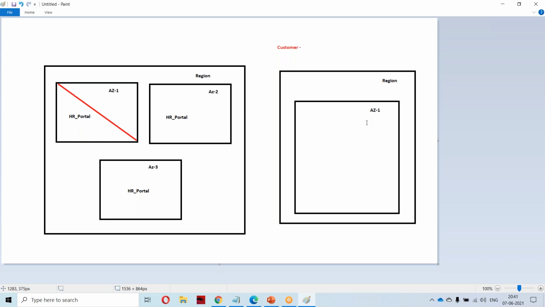But here there is a concept called availability sets.